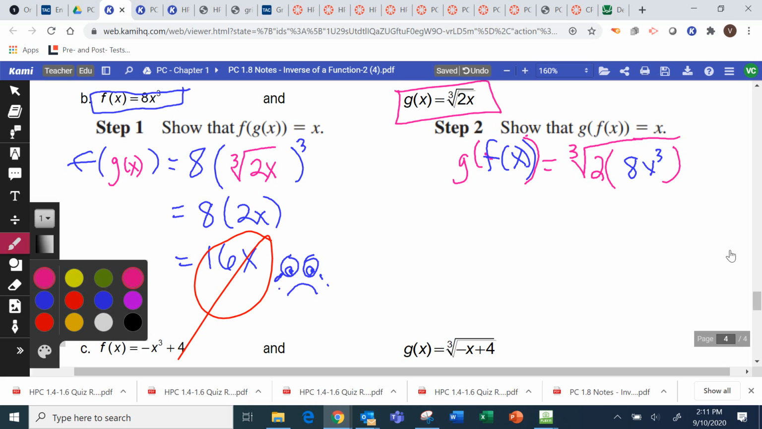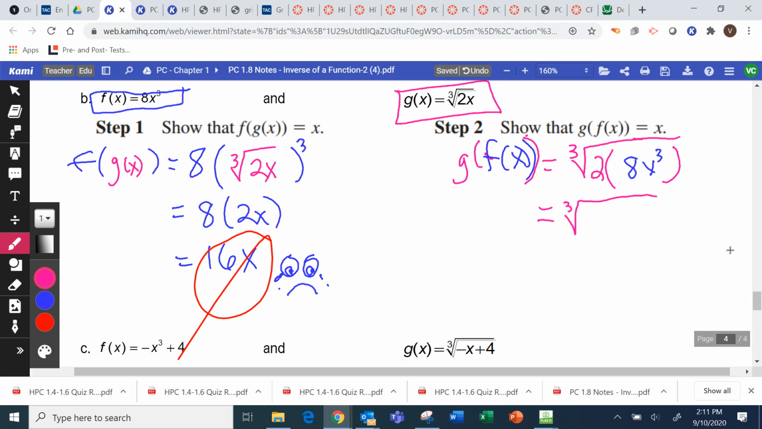So here we go. We have to remember some stuff from Algebra 2 again. Underneath, I can multiply that first, 16x cubed. Now, can I take the cube root of 16? Is 16 a perfect cube? No. But 16 does unmultiply, what's the word, factor, to be 8 times 2,